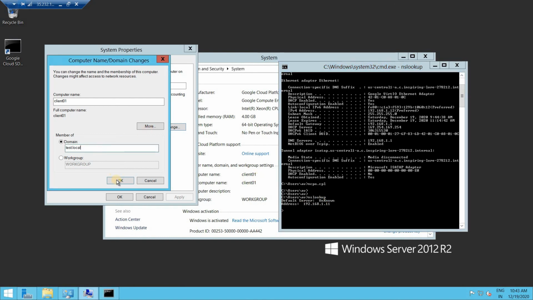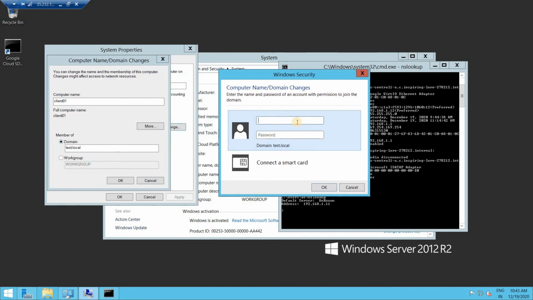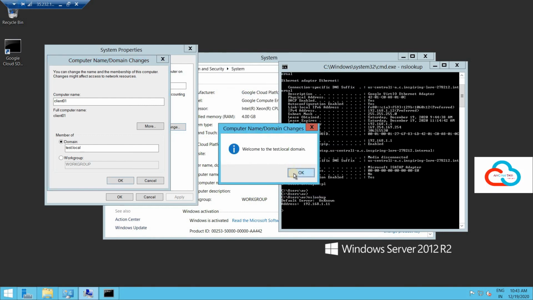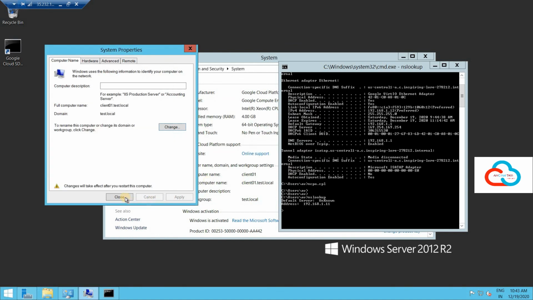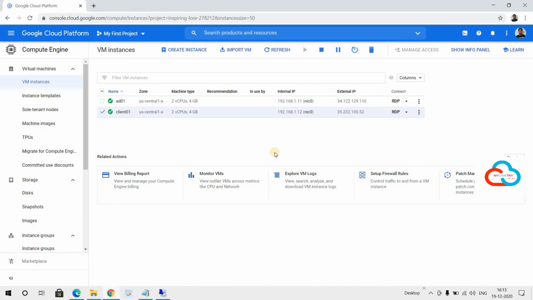So you can now click on OK and you will get the prompt. See, you get the prompt. So now here you just need to type here test, or you can see test domain is already coming here. So you can type your ID and then the password of your ID which you have created on domain. But guys, this should be part of domain admin group, so you will get this permission to add this machine onto the domain. So now this machine is on the domain, and when I click on OK, it will restart after domain joining, and once it comes up, we will log in with the domain ID and see how it will work.